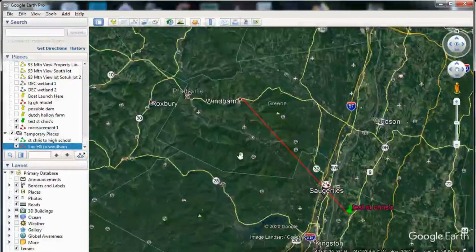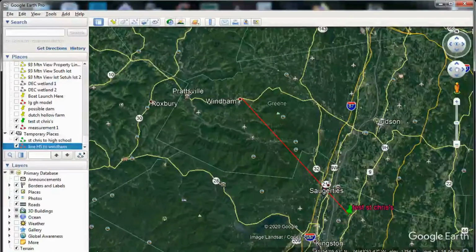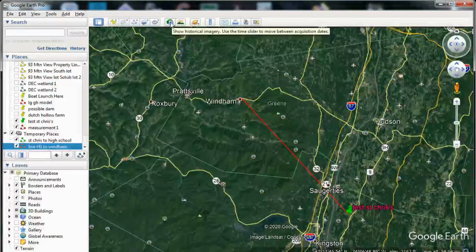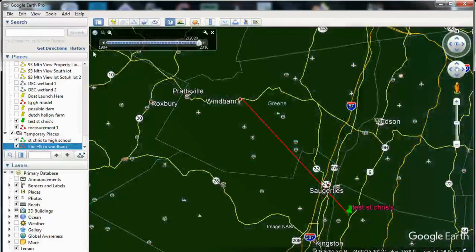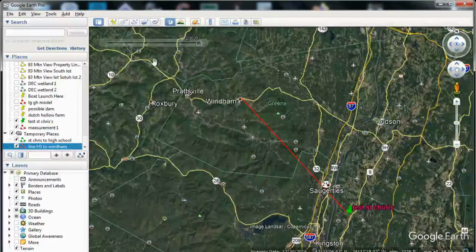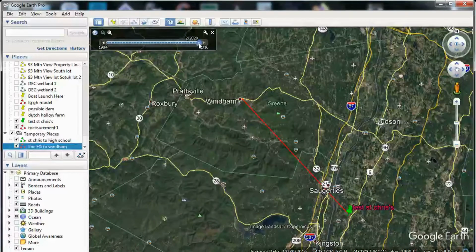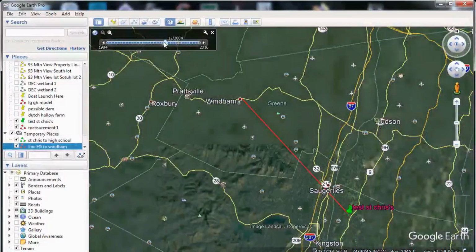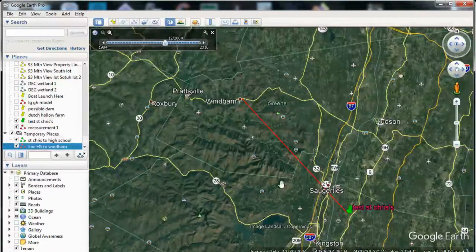Let's see. There are some other nice features here. One is historical, and that's right here, this little clock with the arrow. You see it says show historical imagery. We'll click on that, and now you can see that you can scroll here back through all the satellite image data that's been taken over time. And actually what we'll do is we'll go back to